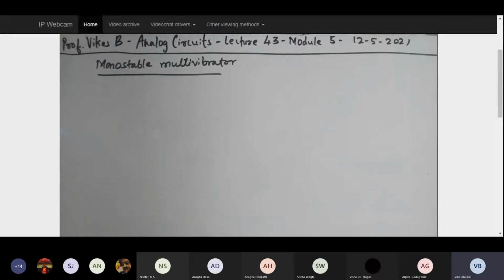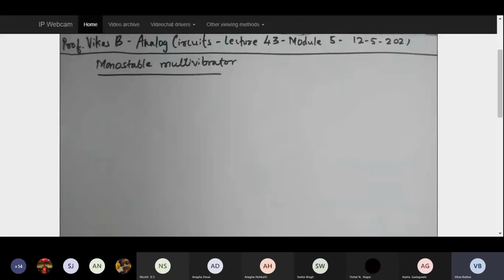Okay, so yesterday we did A to D conversion using the successive approximation register, and we figured out how A to D conversion happens. The day before that we also saw how D to A and A to D conversion happens. So both A to D and D to A conversion, that is analog to digital and digital to analog conversion, have been studied in the previous two lectures, and now we'll move on to one more application of the op-amp, or basically the op-amp circuits.